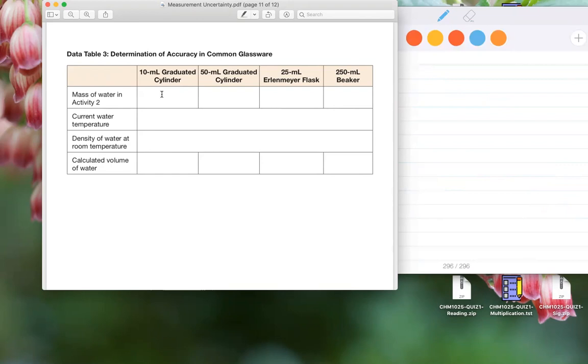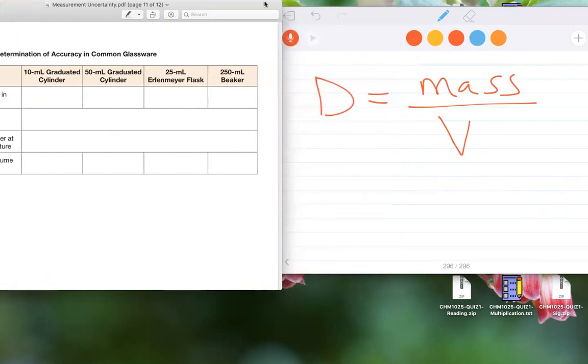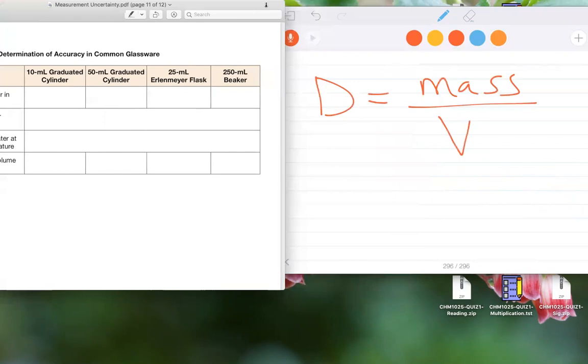Density equals mass over what? Mass over volume. All right. You don't need to change the volume to liters. Let's just get this out of our way. If I know the volume,